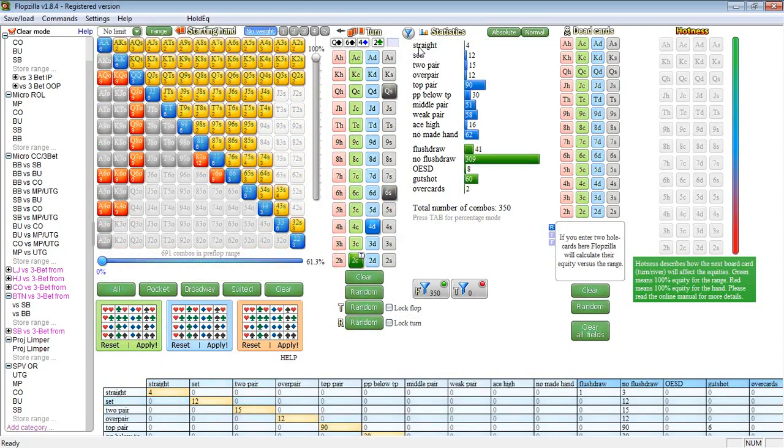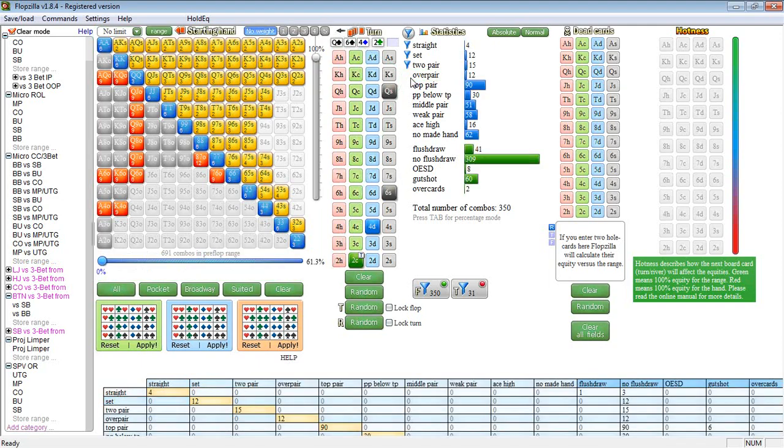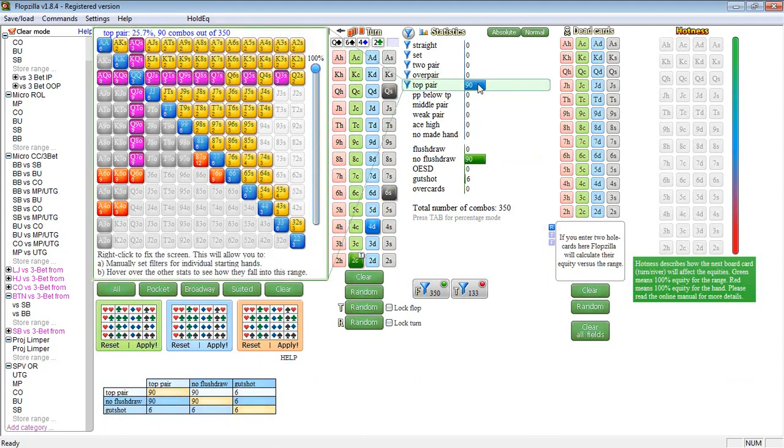So we got straights, sets, two pairs, all of that, over pairs, and we have all of these queens here. That brings us to 133 combos with all the top pairs. So even if we got rid of the junk top pairs,